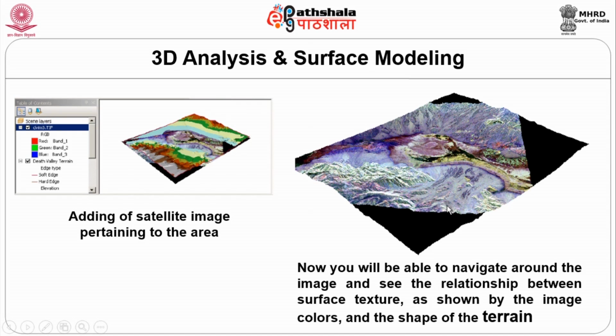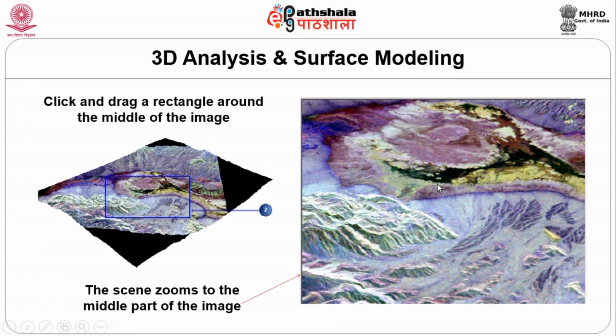So you can see with the help of the colors which are given, and understand what could be the possible shape of the terrain in that area. So that's a good example of this. You can see here, this may not appear very appealing. Of course it is there, but when I start going around, you see how it goes here, and you get all the details about a particular area by just going through, fly through. So it has become almost a visual treat for you, a three-dimensional model.